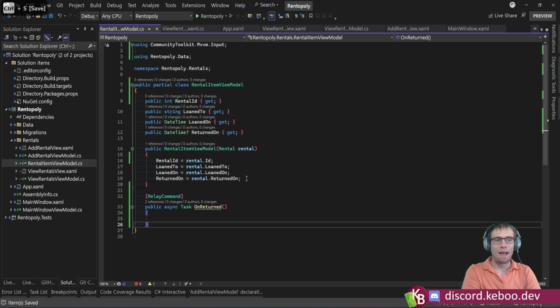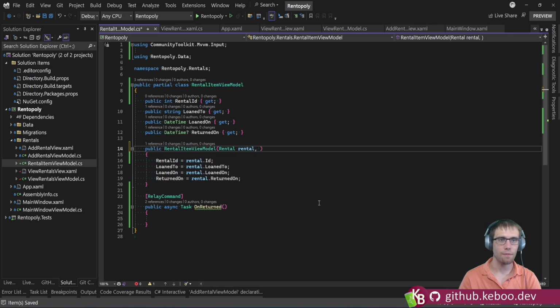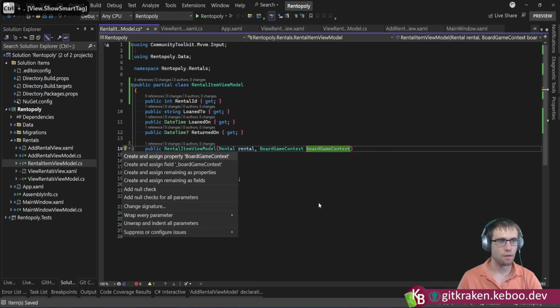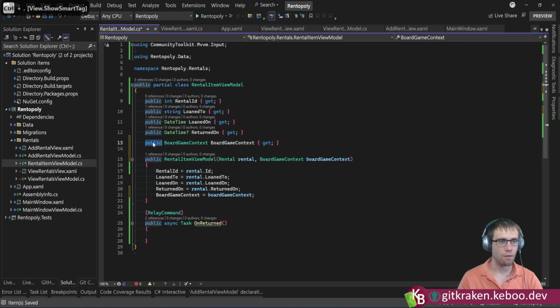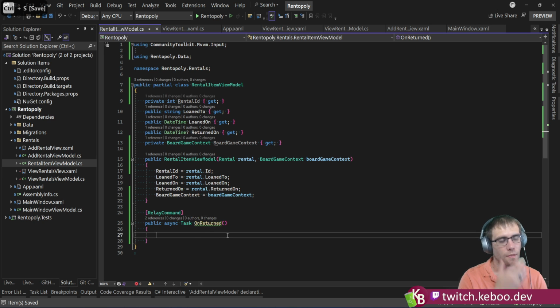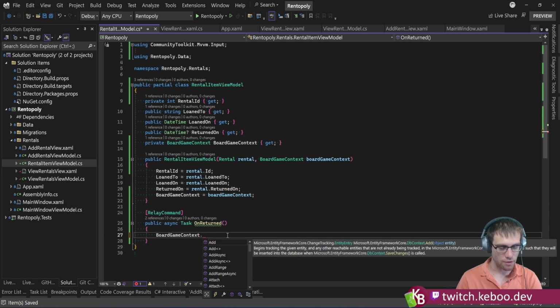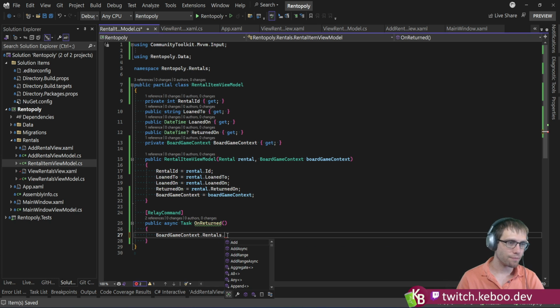The next problem that we have is this guy has no concept of a DB context. So we probably need to actually feed that in. Board game context. Sure. And then we're going to create an assigned property. And let's just make these private because we don't actually need these. Right? And so now we actually have enough information where we can go board game context, rentals, and then we can go,